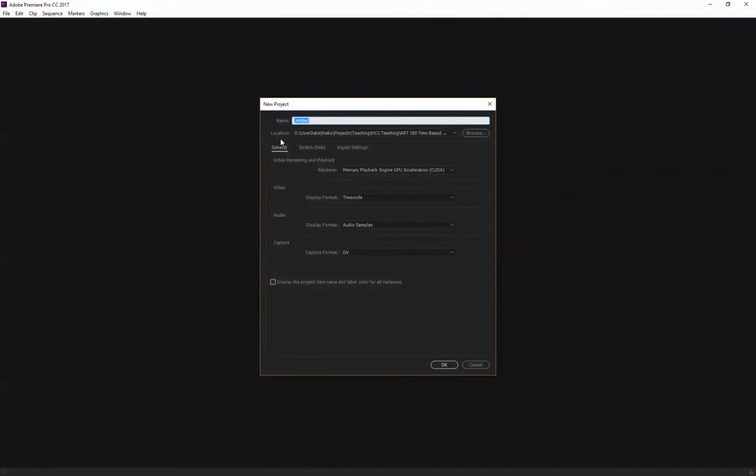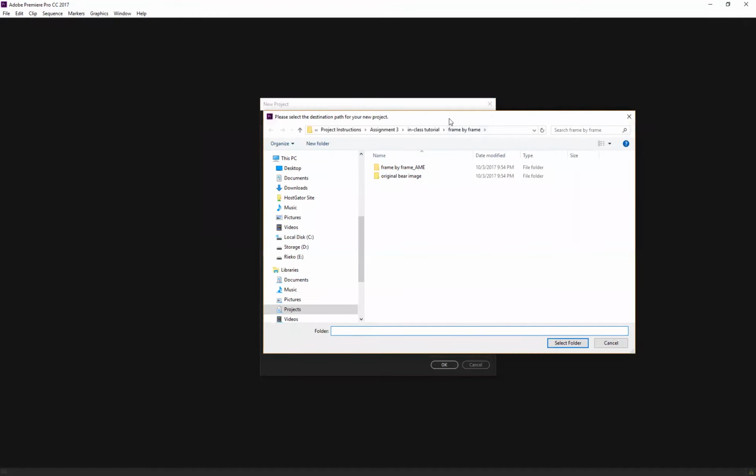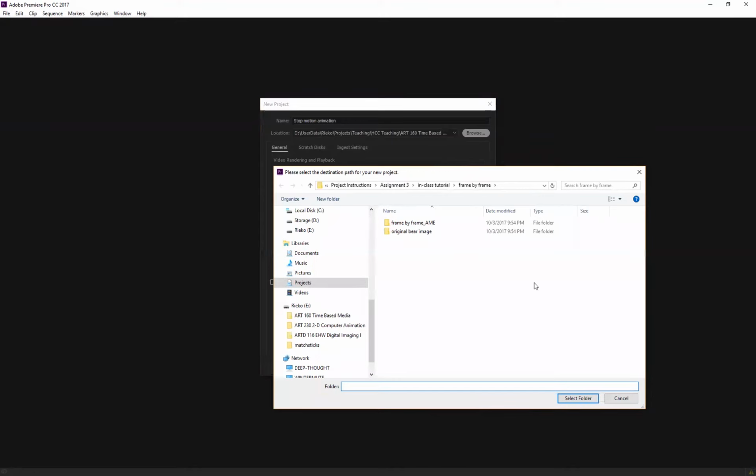And make sure you name this file. I'm naming this stop motion animation. And make sure you save in a place you can find your file. This location here is where your file will go to. So make sure that this file path